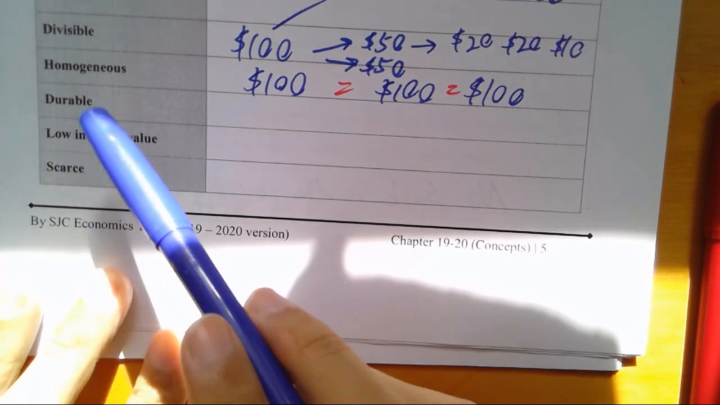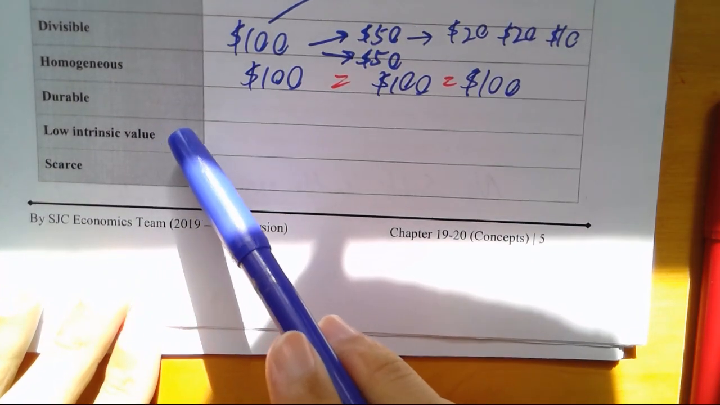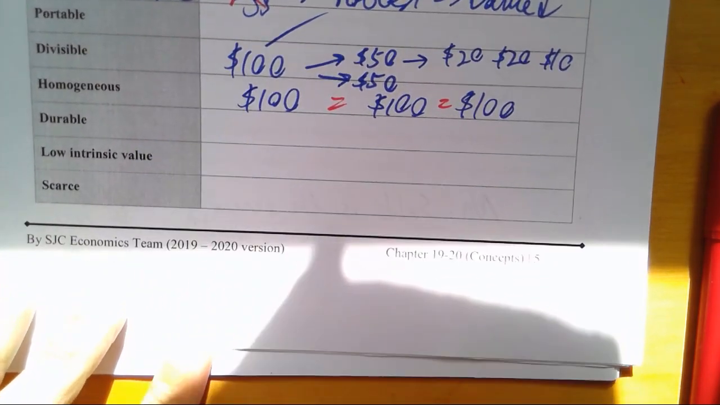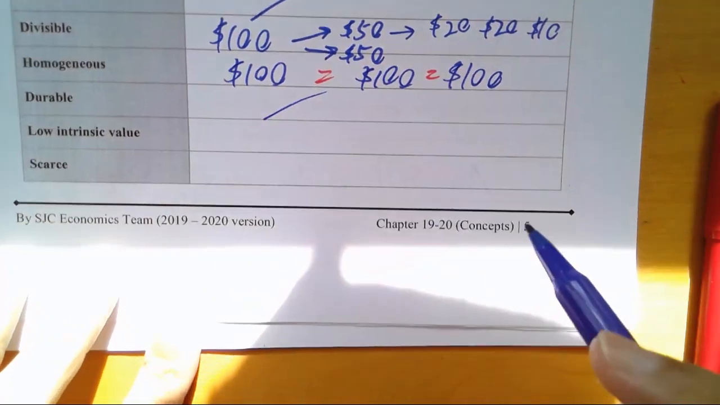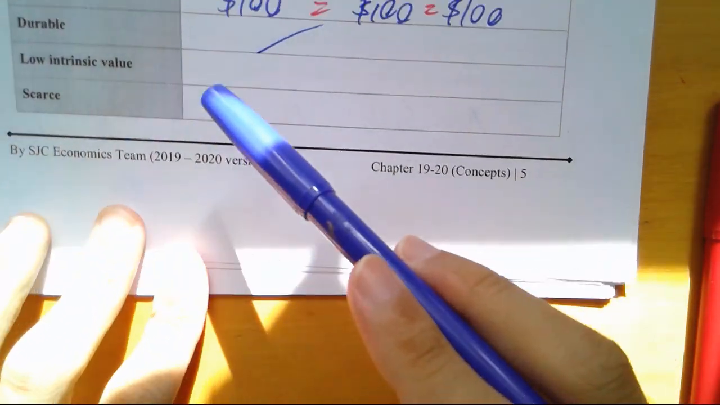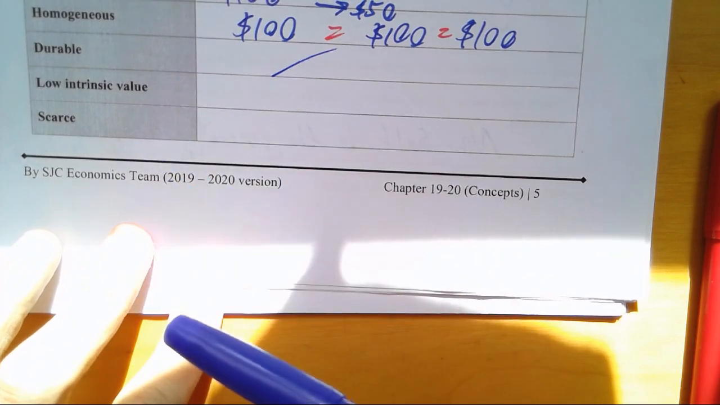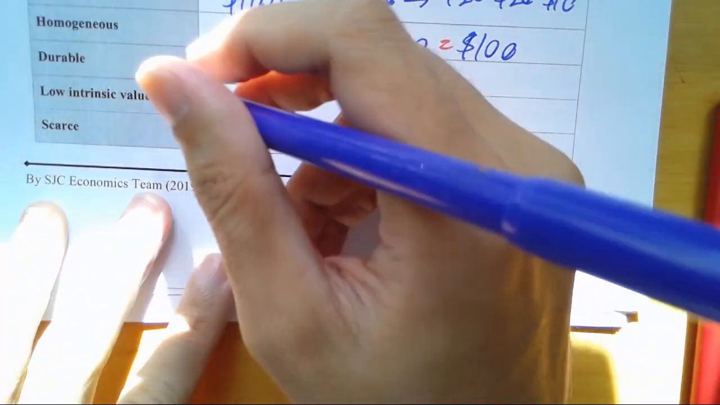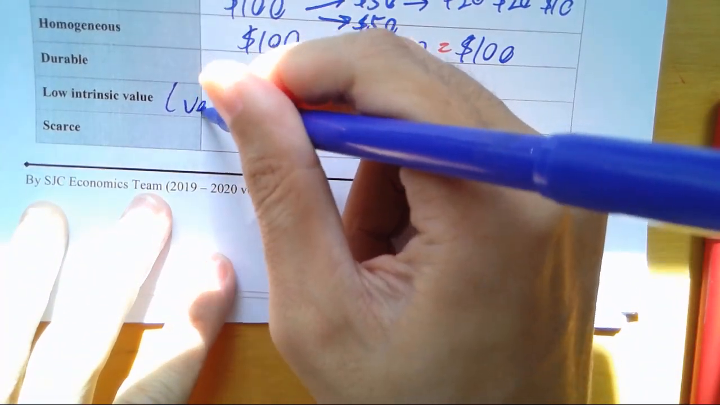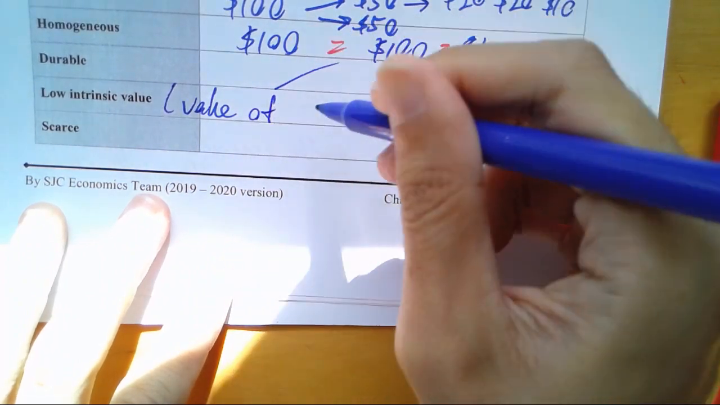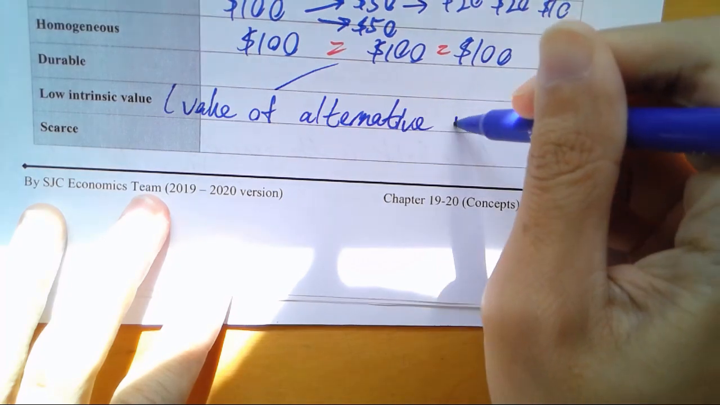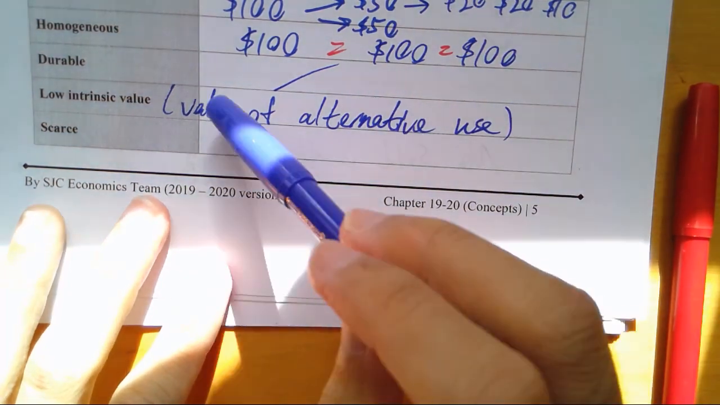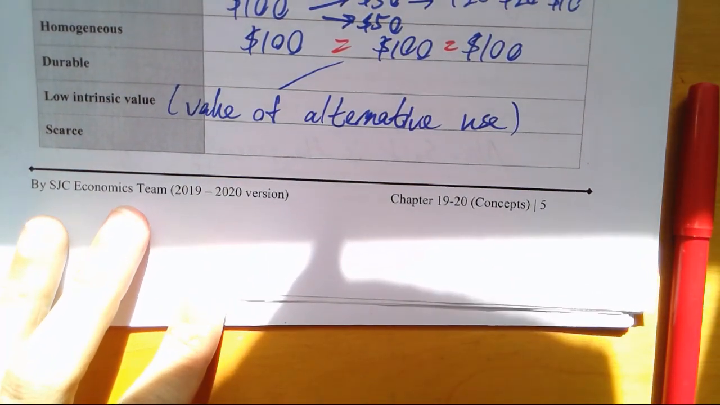Okay? Durable. Now, I already said, right? Durable. How long it can be kept. Okay? Now, banknote, very easy to keep. Okay? 嗱呢個唔解啦。Now, most important of all is actually low intrinsic value. When we talk about low intrinsic value, we are talking about the value of alternative use. 有冇其他用途啊？